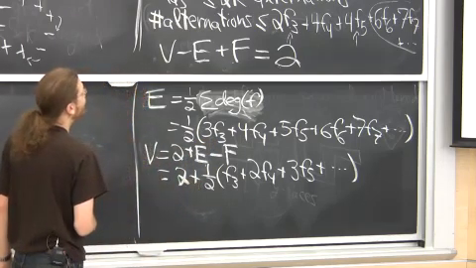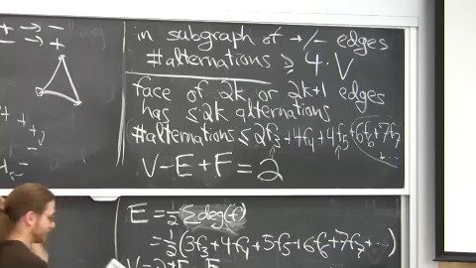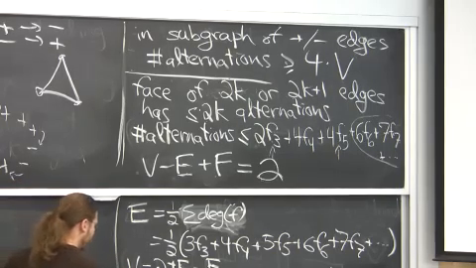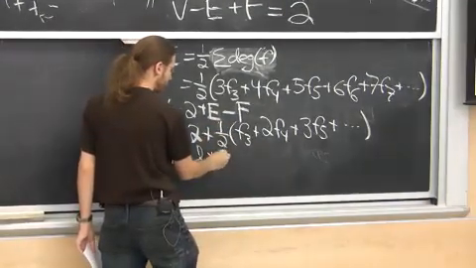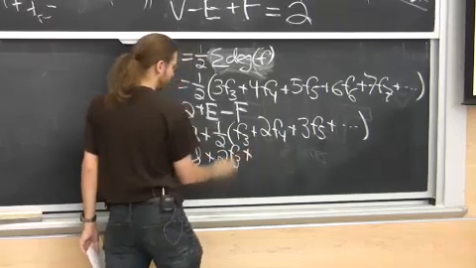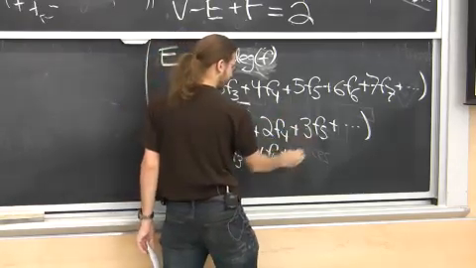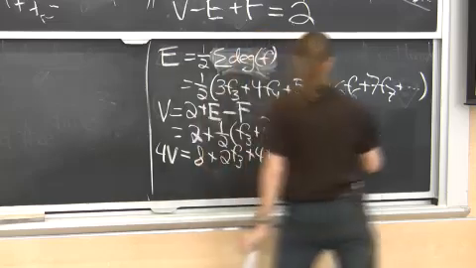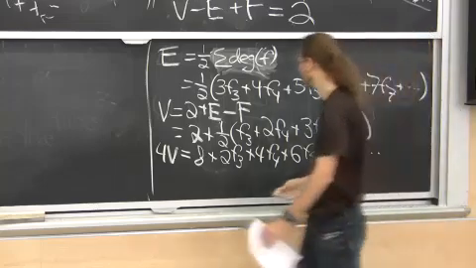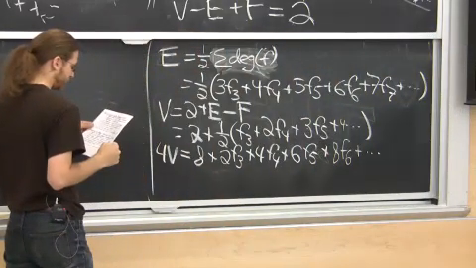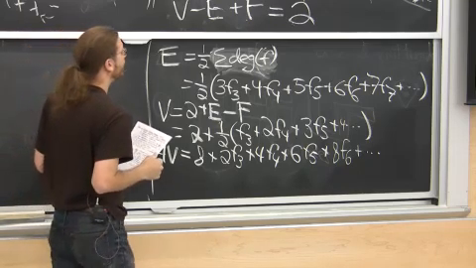That's V. Now, I also know that 4V is at most the number of alternations. So I could get a formula for 4V here, right? 4V is going to be 8 plus, this is going to be like 2 F3 plus, oh boy, 1 times 4 times F4 plus, just double these numbers, 6 times F5 plus, what's the next one? 4, 8 times F6, and so on. All right. Yes. Okay, now,